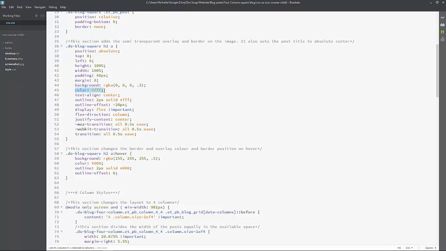We're setting the text color to white, the text align to center, and then these outline properties here give us the white border that you saw. So it's a white border, but it's in from the edges, and for that we're using the outline property. And then our display flex, flex direction, and justify content properties are what keeps the text in the center vertically rather than sitting at the top of the image. So as I said, however long your post title is, it will always sit at the absolute center, both vertically and horizontally. And then this final part of the CSS here is just giving us a half a second transition